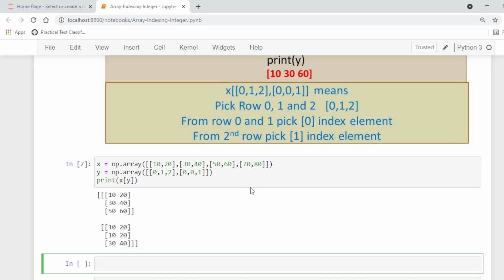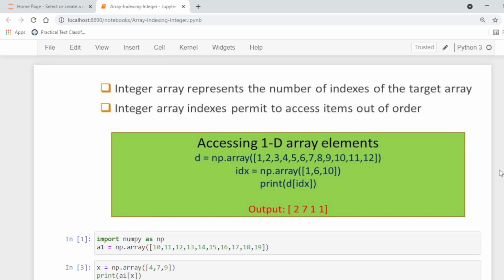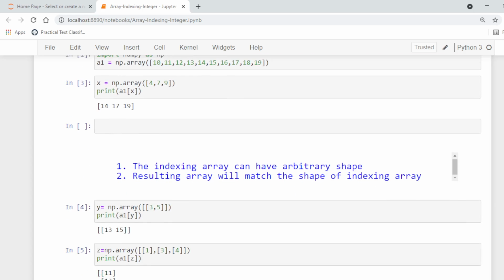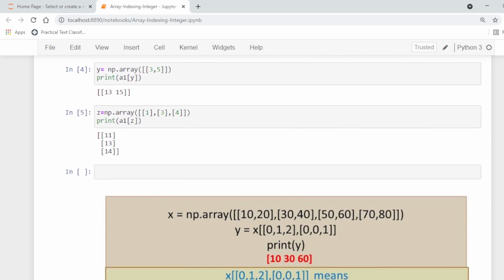Because now this is actually a three-dimensional array, because we have specified the indices as a two-dimensional array. As we know, the indexing array can have arbitrary shape.